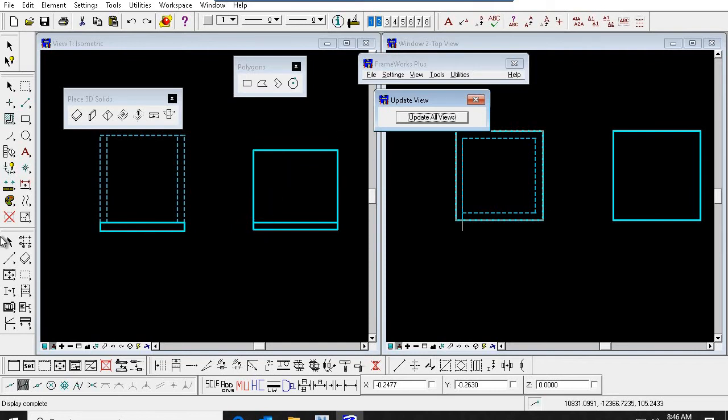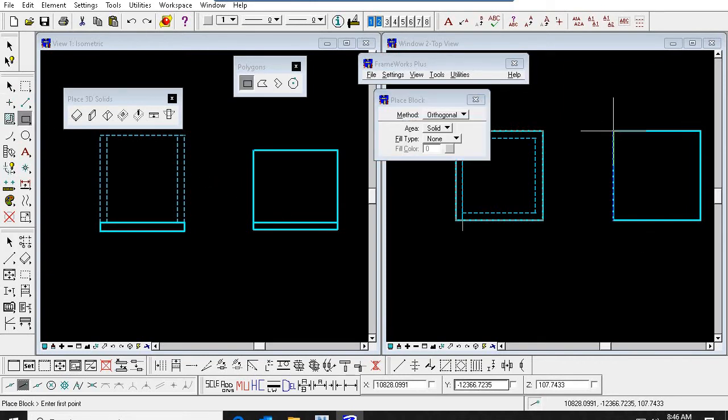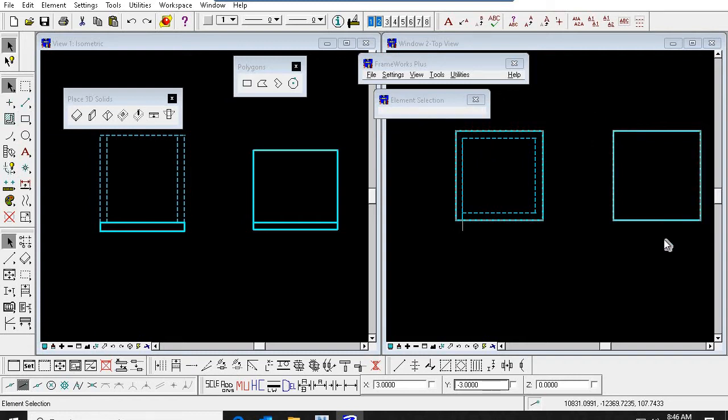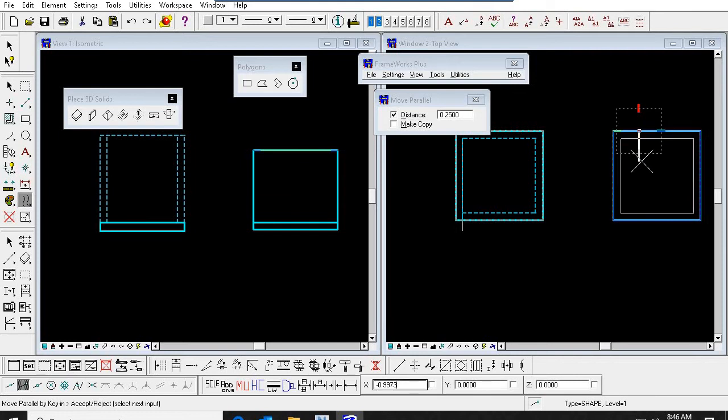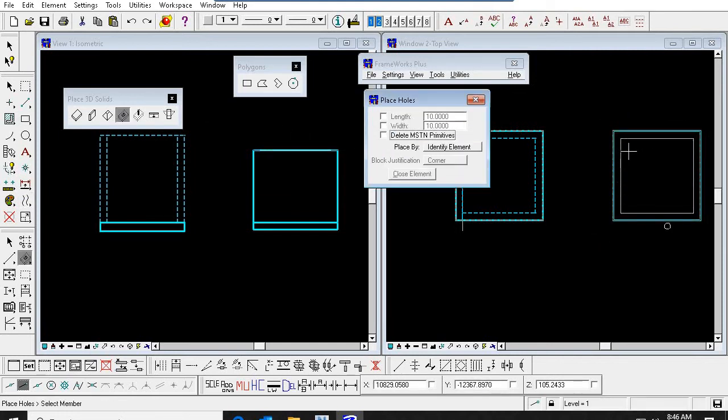Now we need to make an opening here. For that I'm just making a 2D square. I'm just doing this offset. Now I'm going to cut this portion just by shape method.